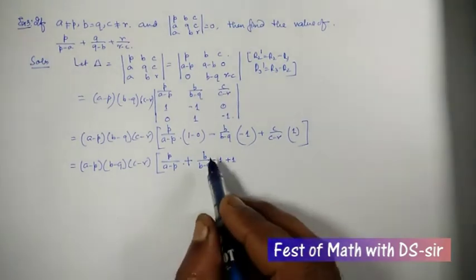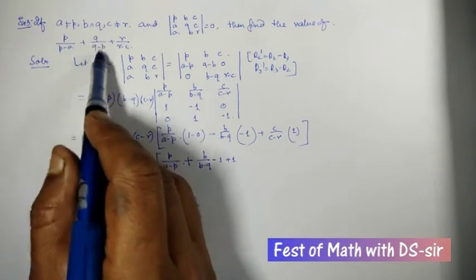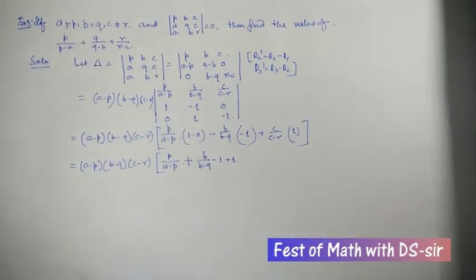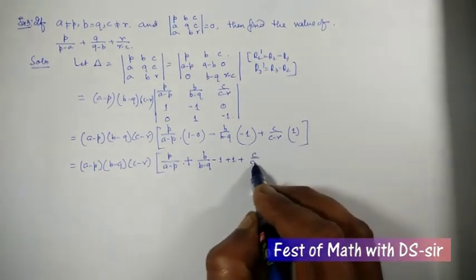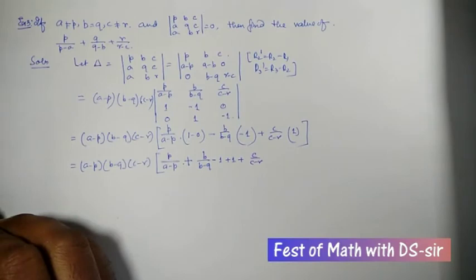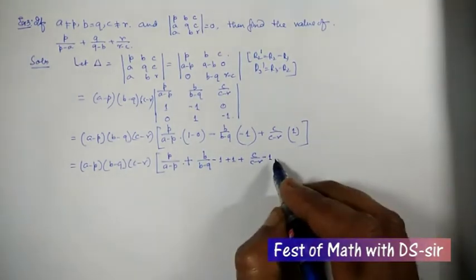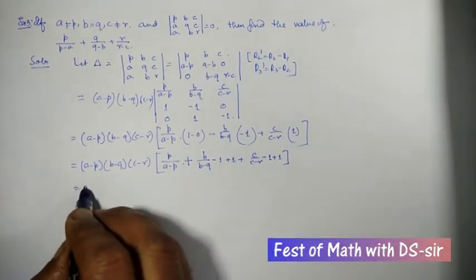Why? To make it Q by B minus Q. Our question is Q by B minus Q. On subtracting minus 1, it becomes Q by B minus Q. Similarly, it is C by C minus R. I subtract my 1 from here and plus 1 is there. So it becomes,